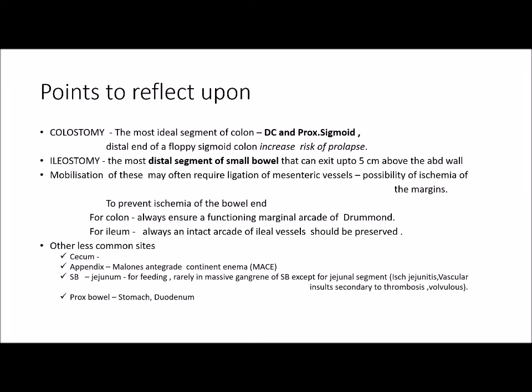So remember that: descending colon, proximal sigmoid, or a segment of the small bowel which can be drawn up to 5 centimeters without any undue tension on the mesentery. And whenever you're doing this, you have to prevent ischemia of the bowel. For the colon, if you want to prevent the ischemia, you have resected and brought out